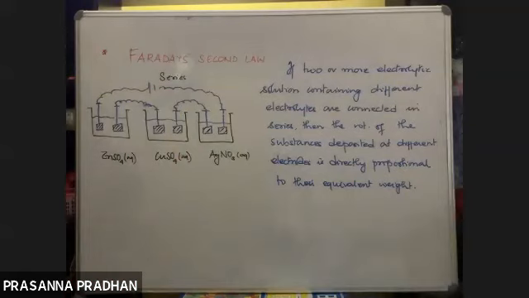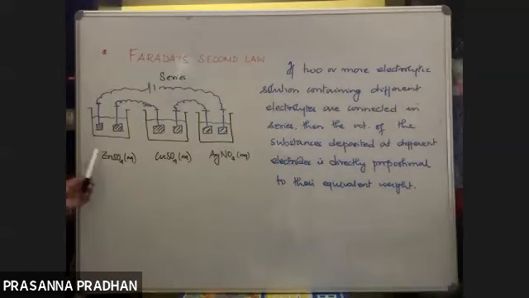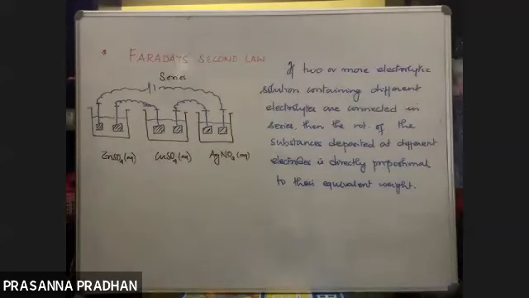Okay, got it? Now you tell me, in the first electrolytic solution, we have zinc sulfate solution. So what will be deposited at the electrode? If I take zinc sulfate, zinc. If I take copper sulfate, copper. If I take silver nitrate, silver. So here zinc will get deposited, here copper, here silver. And it states that when the same amount of current is passed, the weight of the substance deposited is directly proportional to their equivalent weight.